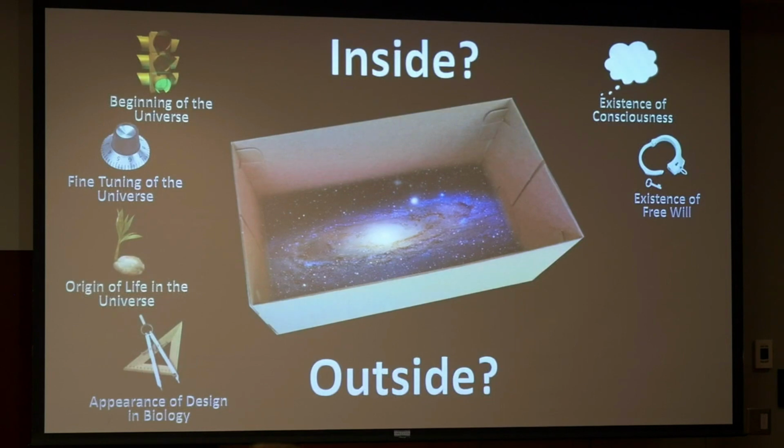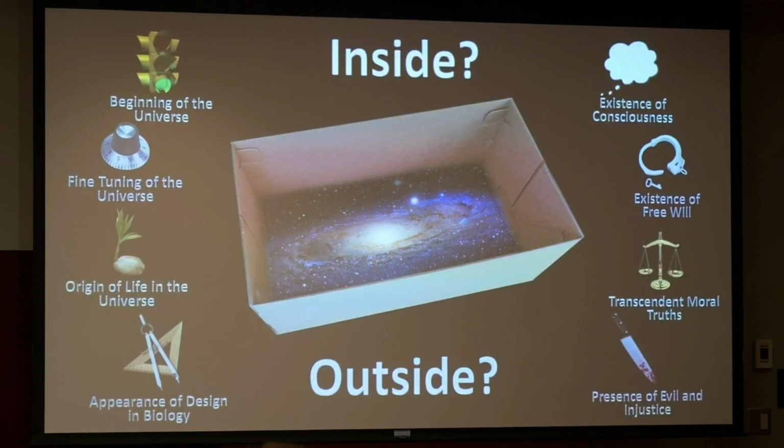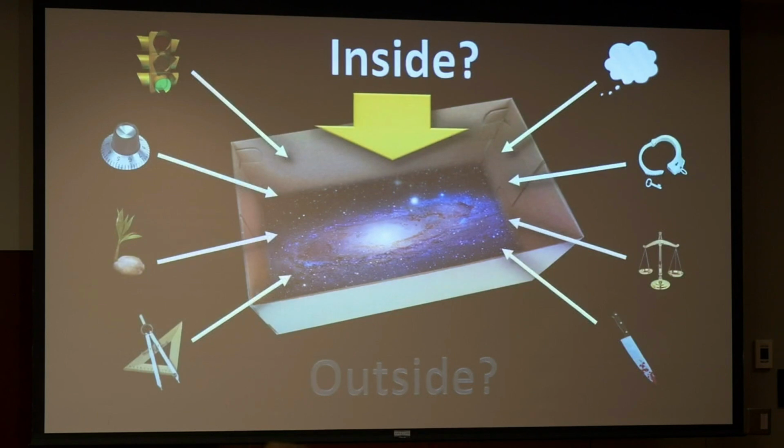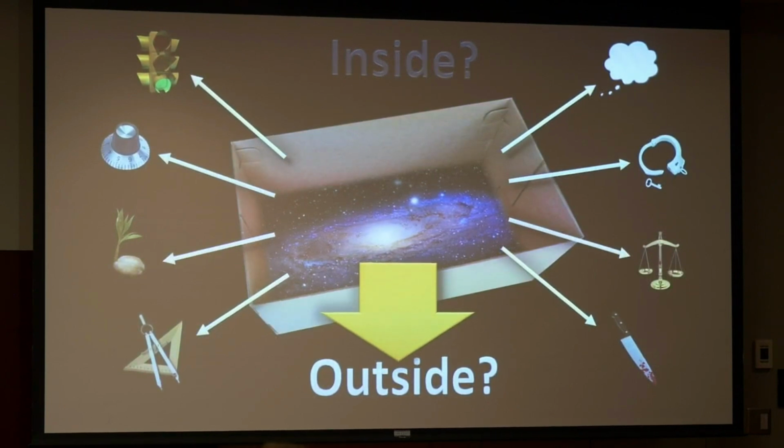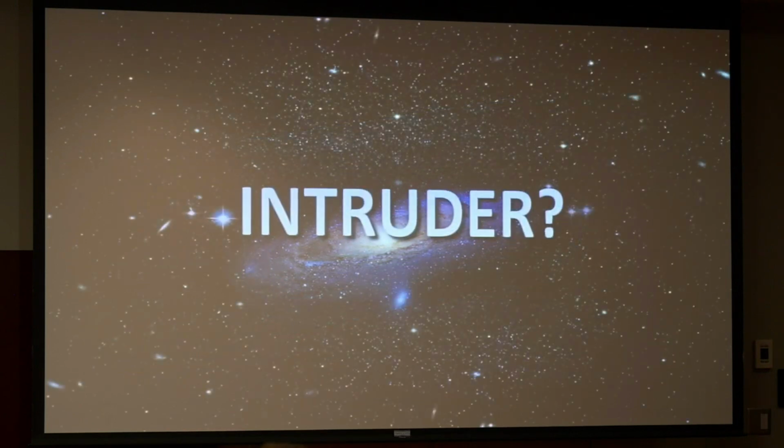And finally, we have to talk about how it is we believe that some things are morally good or morally bad, and we also have to explain the problem of evil. I think we have a duty to try to explain this one of two ways. Either we can explain these things by staying inside the room, or we have to go outside the room for an explanation. If we have to go outside the room for an explanation, we are stuck again with an intruder problem,